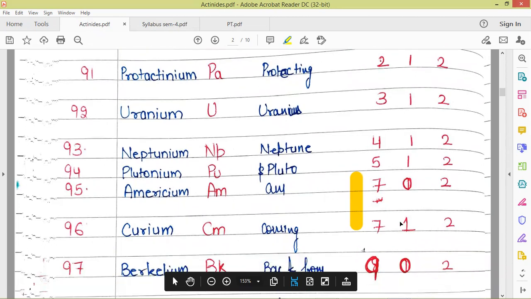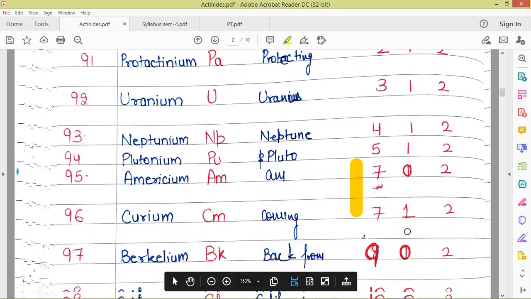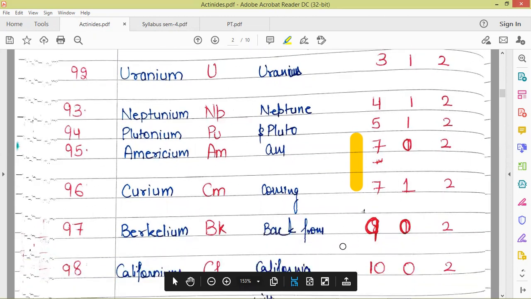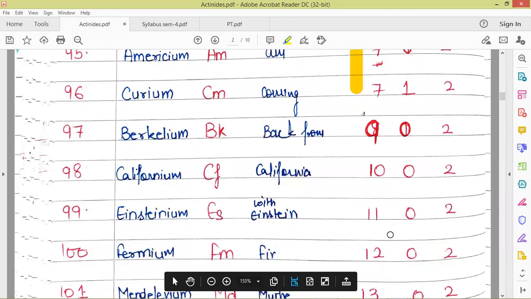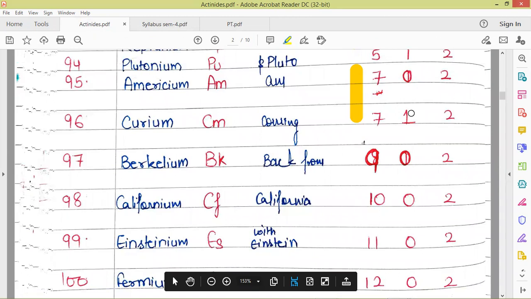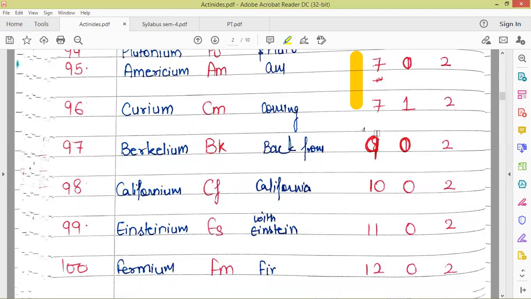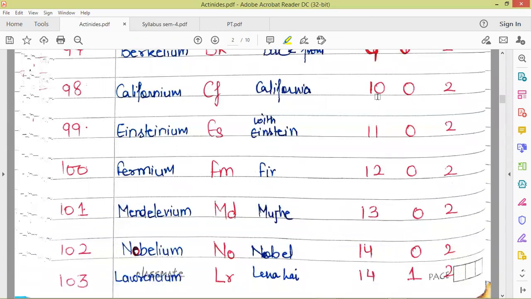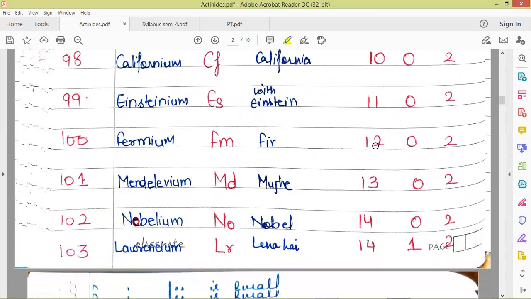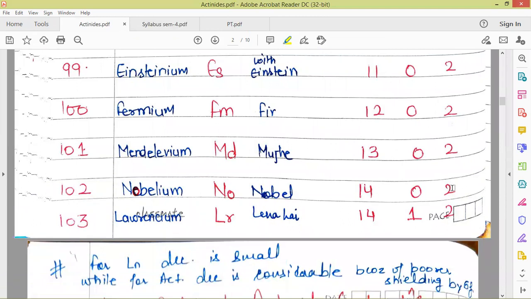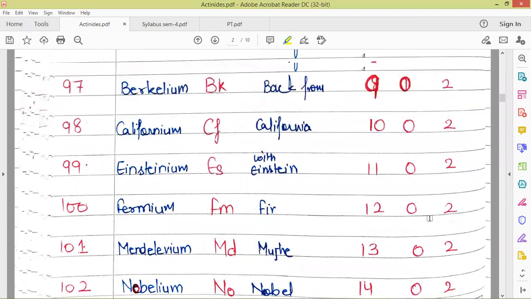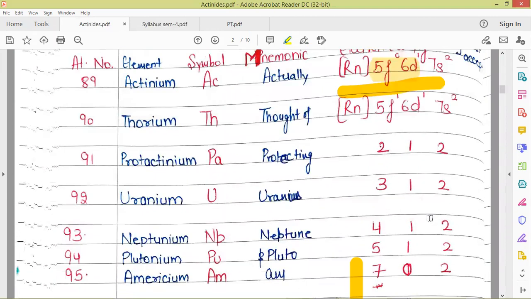And the next electron is again going to the 6d subshell. So next is berkelium. For the second half, there is no electron in the 6d subshell. So again, this electron for berkelium is coming to the 5f shell, and there are 9 electrons. So there are never 8 electrons for the actinides in the 5f subshell. Now there is an increment of 1 for each upcoming element, and after 14, which is exactly half filled, again 1 electron is occupying the 6d subshell for lawrencium. So this is how you can memorize the electronic configuration.